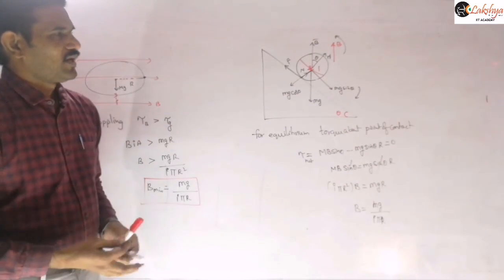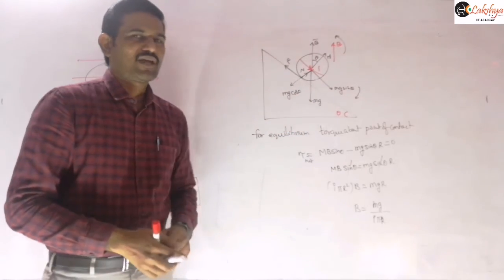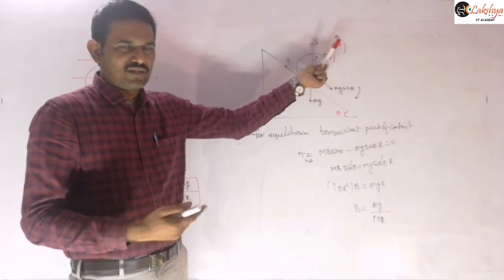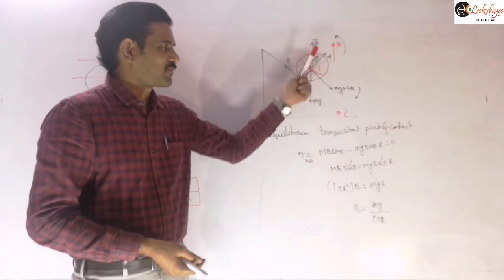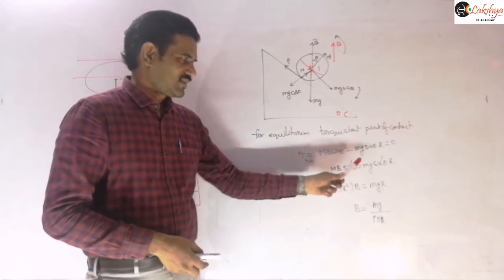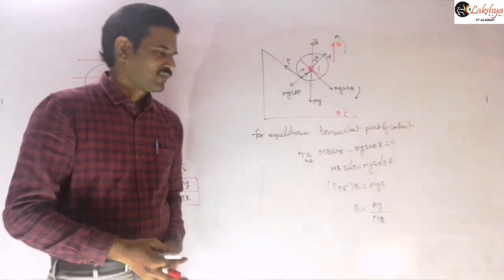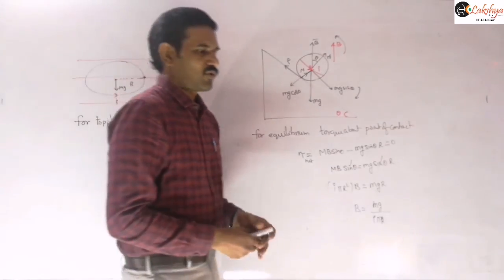equilibrium. And in the same case, if the magnetic field is taken in any other direction, if the magnetic field is given perpendicular to the inclined plane, then this torque will be only mB. The magnetic field being perpendicular to the inclined plane means only mB you will get here. So then the sin theta will also be included in our expression, mg sin theta by I into pi r you will get in that case, right? So those are some problems based on that.